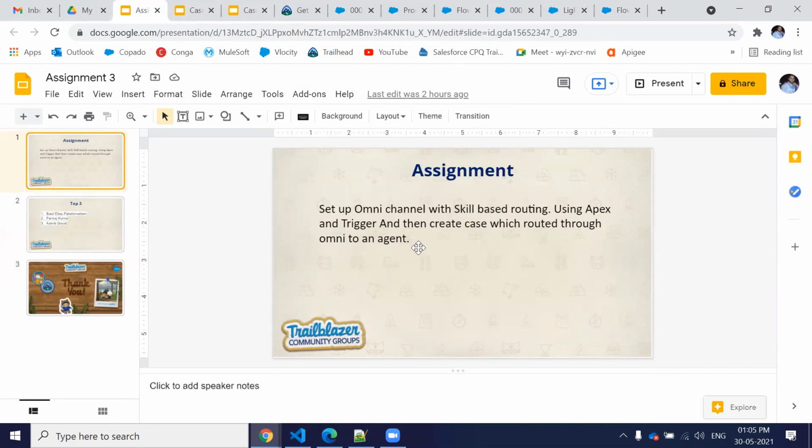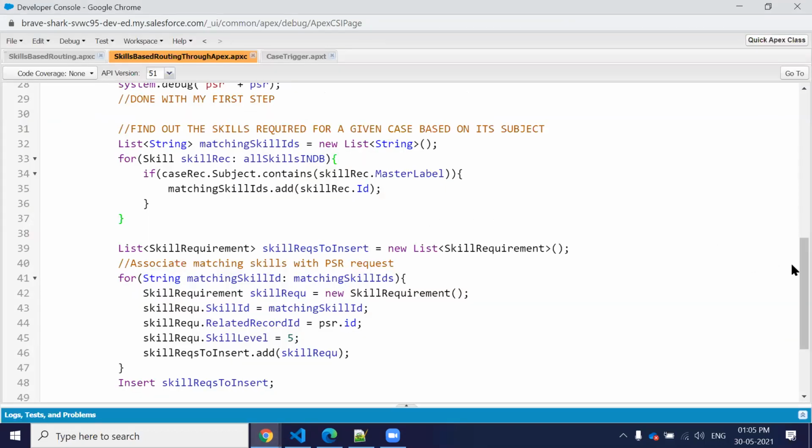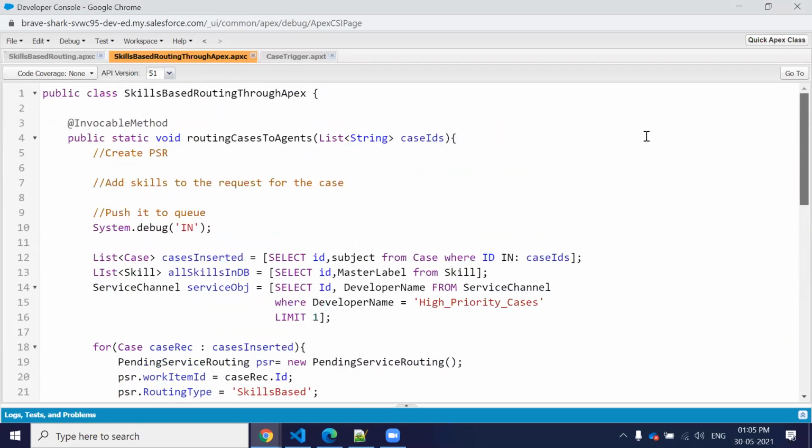So this is your assignment for today's session. You have to use skill based routing using Apex and trigger code. The sample code you can get from anywhere.